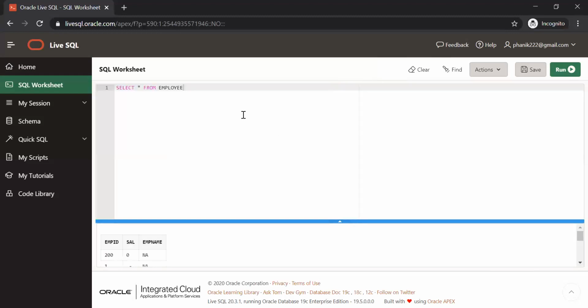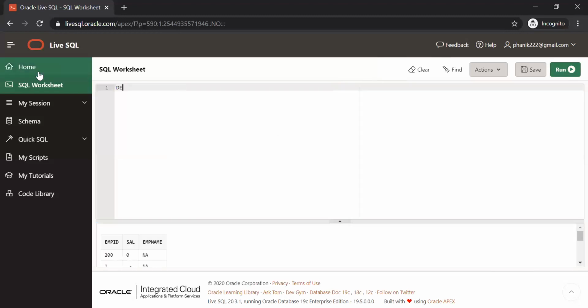Actually, one more thing I need to do. So let me delete the data where it is null. So you should not have any data nulls.